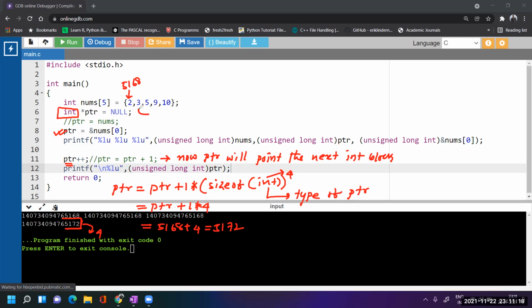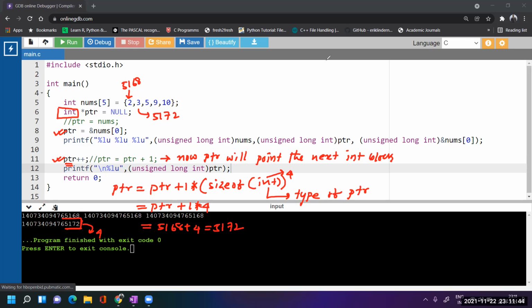So this is the address of the second item, 5172. When you perform ptr with post increment, it will increment the value of ptr, meaning ptr is pointing to the next available block of type integer in this example.